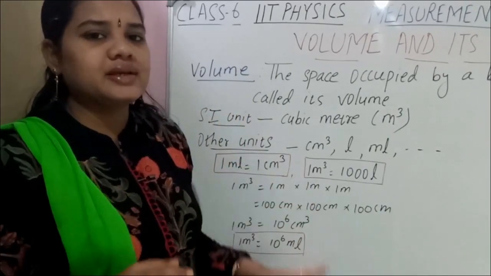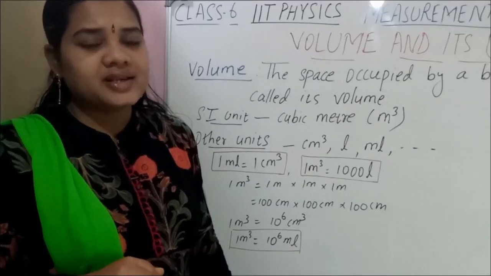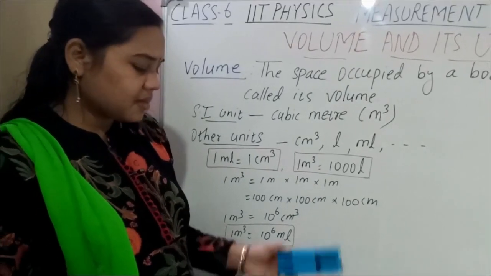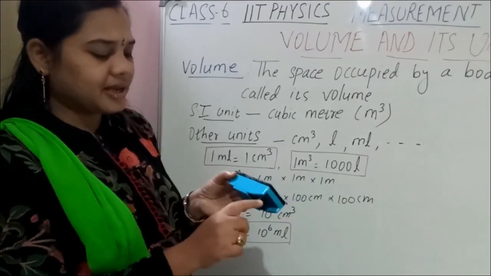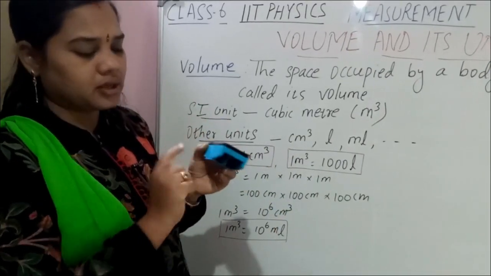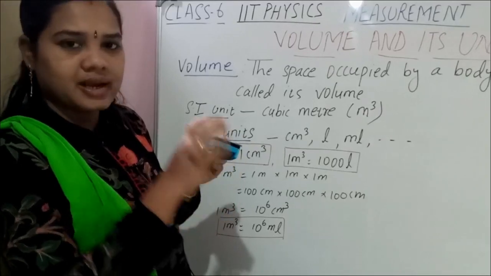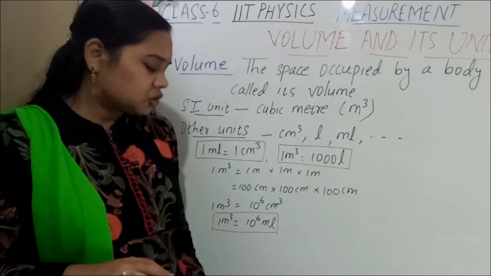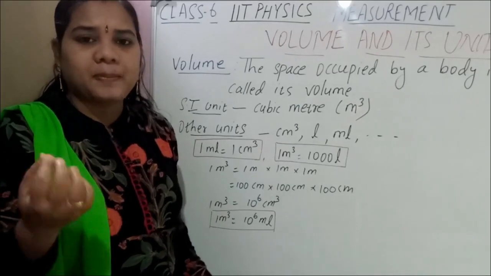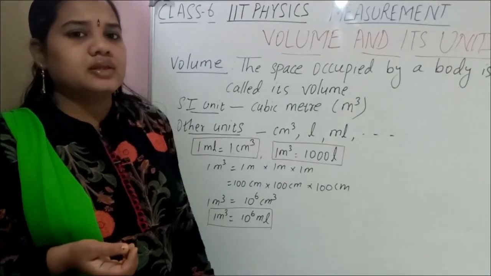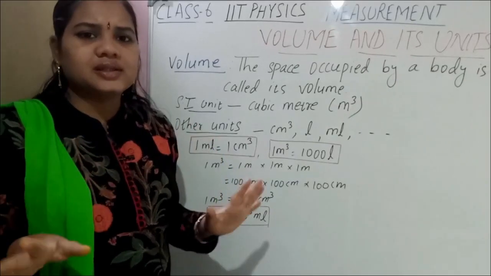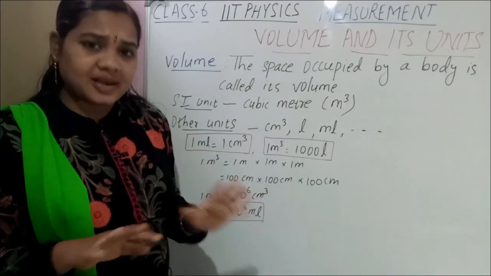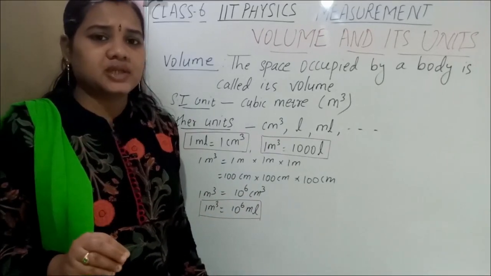That thing will be two-dimensional, whereas the things which have length, breadth and height, all the three, for example this duster having length, breadth and height. Length is there, breadth is there and height is there. That is called three-dimensional objects. So your book, your notebook, your pen, this TV, all the things which have length, breadth and height, all the three dimensions, that is a three-dimensional object.